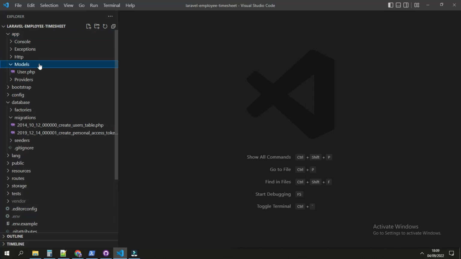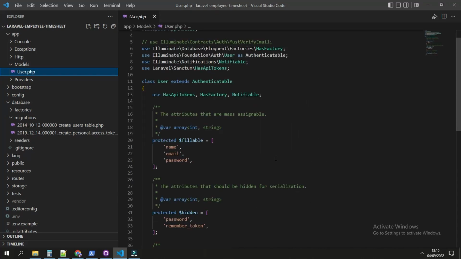The models here are like the tables that we will have in the database. Now the users table has been defined by default by Laravel. We'll just make use of this already created table, and now we add the tables, which are roles and attendance.